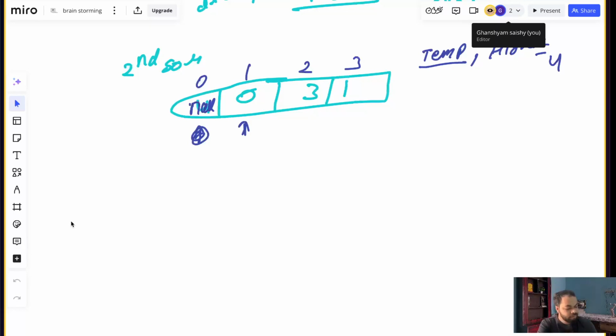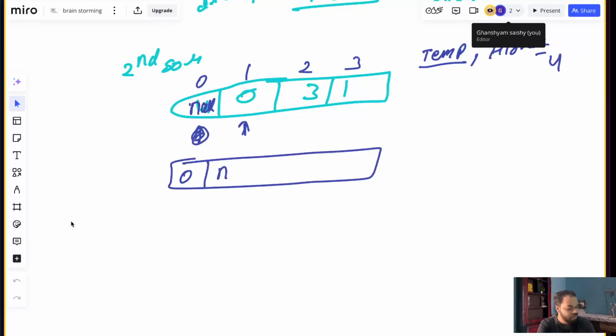I'll go back. I'll say, okay, put it here. So I'll put the number. Okay, so 0 goes here, null goes here, 0, 1, 2, 3. Or maybe I don't need the highest also. Yeah, I don't need to do this only. Yeah, I don't need to do that. So